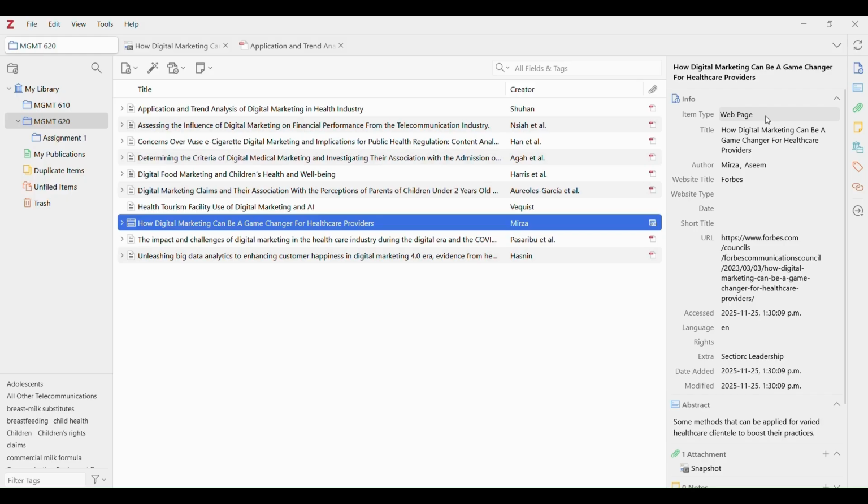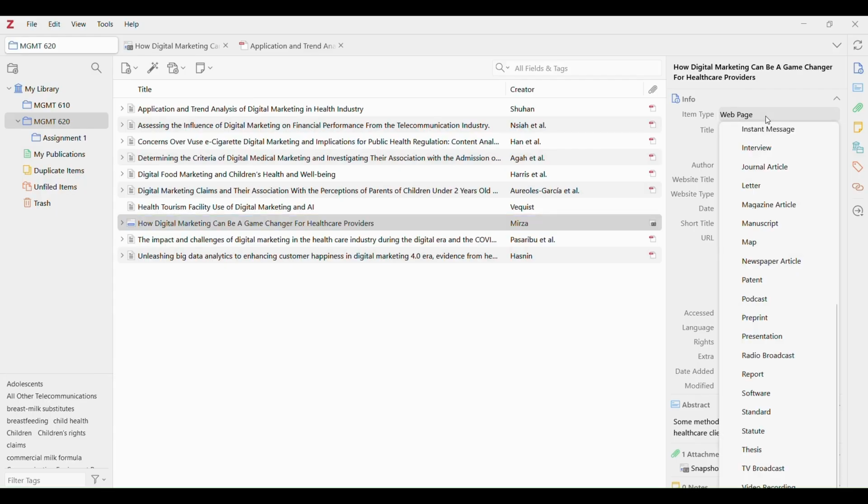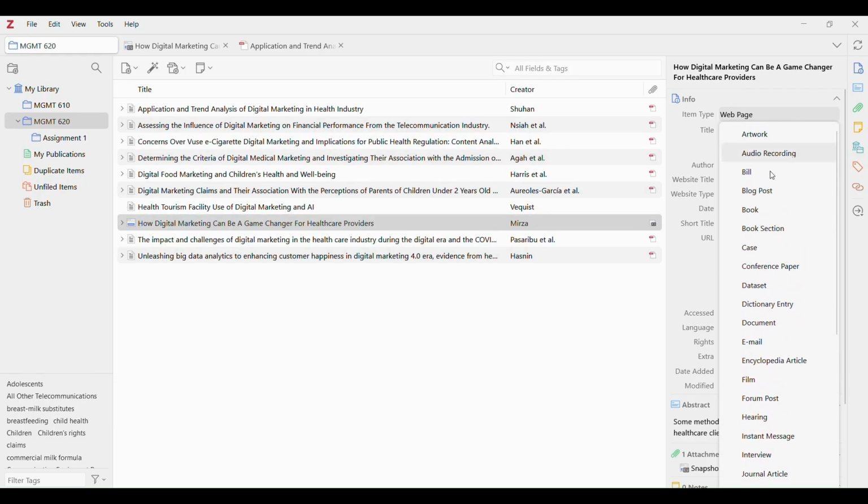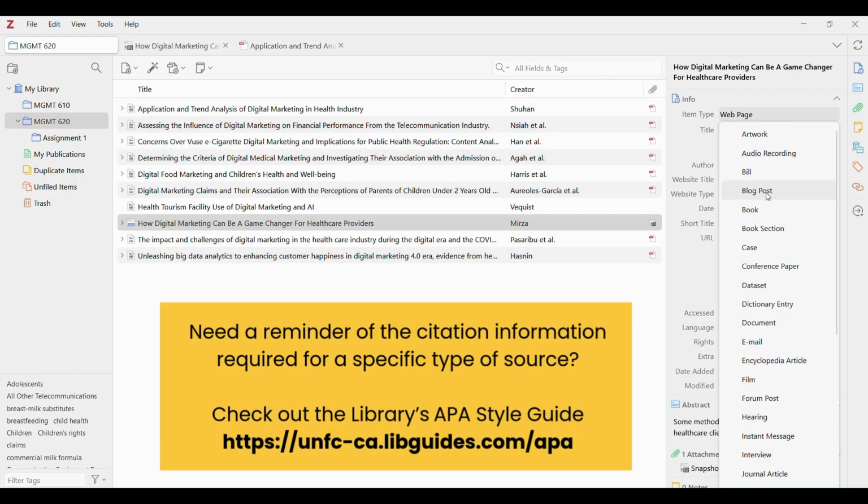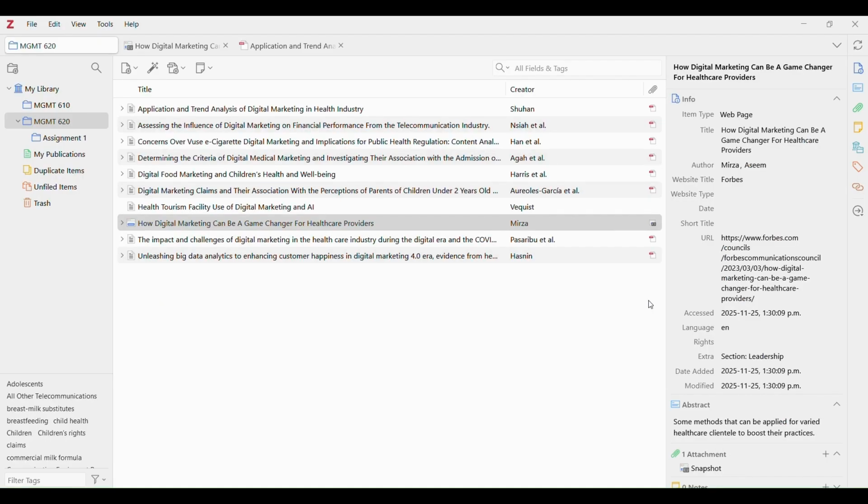It's identified it as a web page, but we know that that particular information isn't really just a web page. It's a little bit more specific. I would say that it is closer to a blog post. And so I can change my item type to blog post by selecting it. And of course, we do need to double check what information is required for citing a blog post. I am going to leave this here just for now